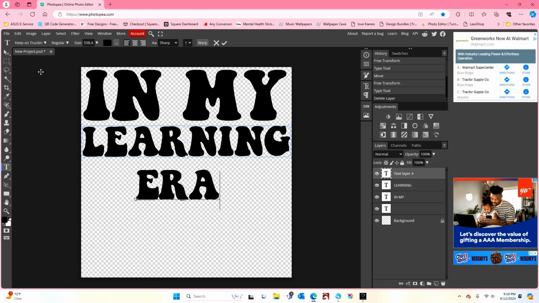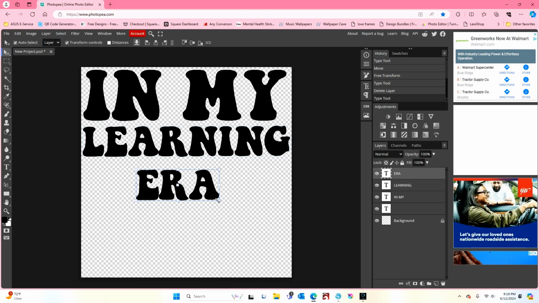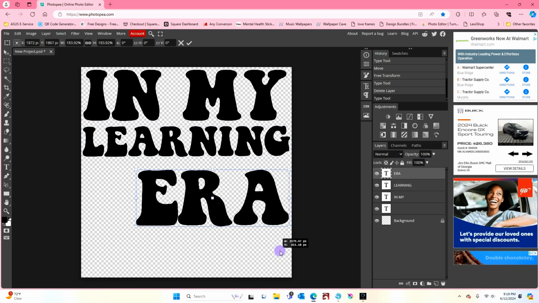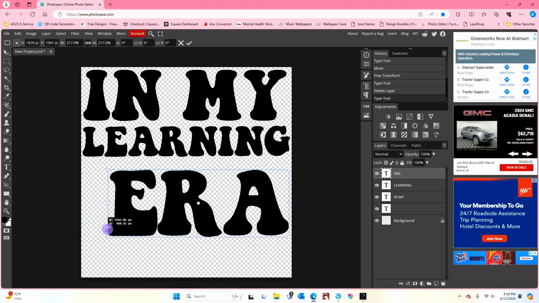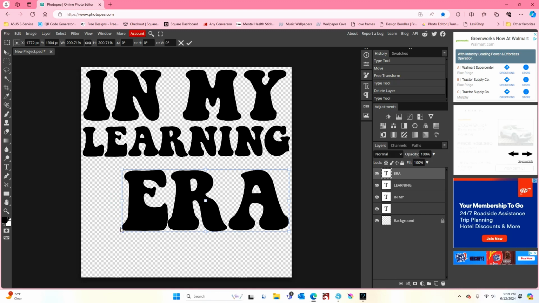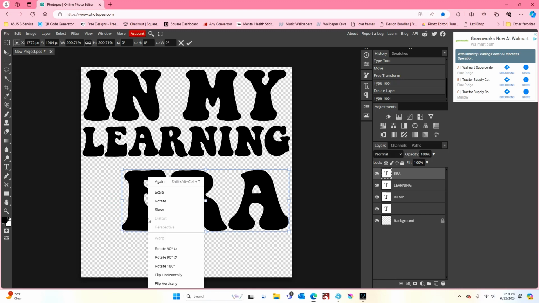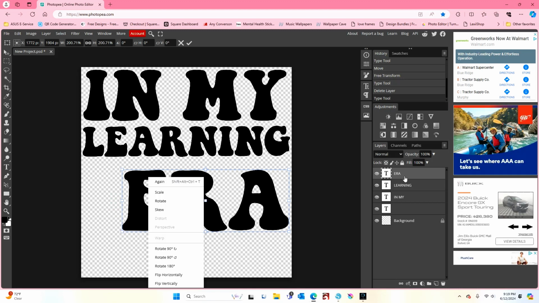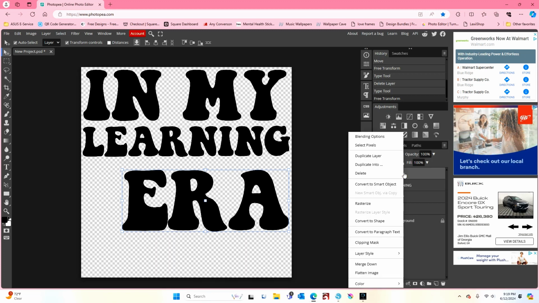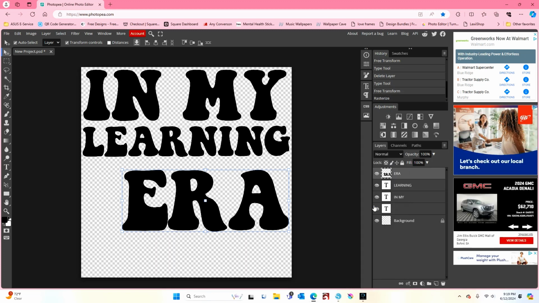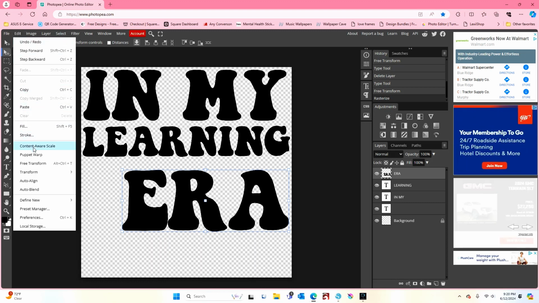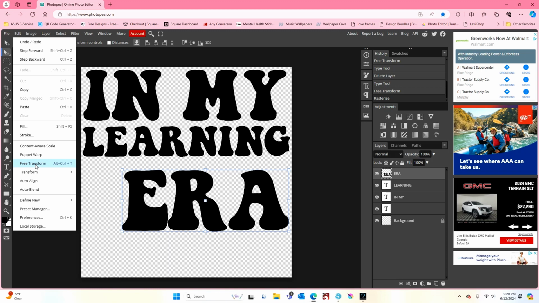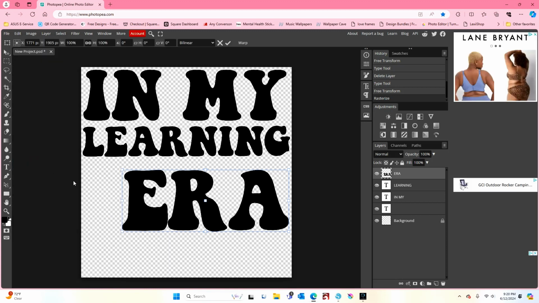Okay. Now I'm going to go up here and make it as big as I want. Now instead of it being super huge, I could do it like that, and then what I'm going to do is click on this, right click, and rasterize it. Whenever I rasterize this, this allows me to use this tool right here and do free transform,